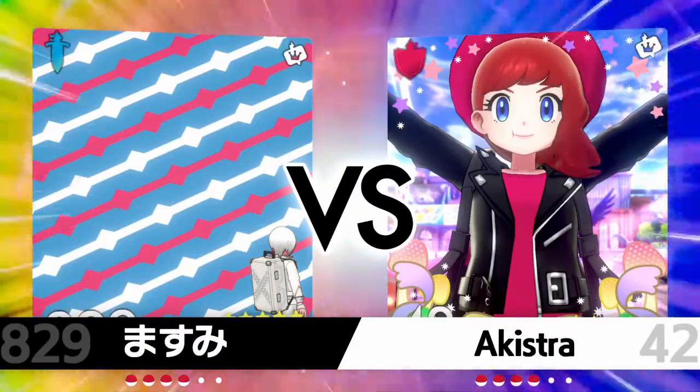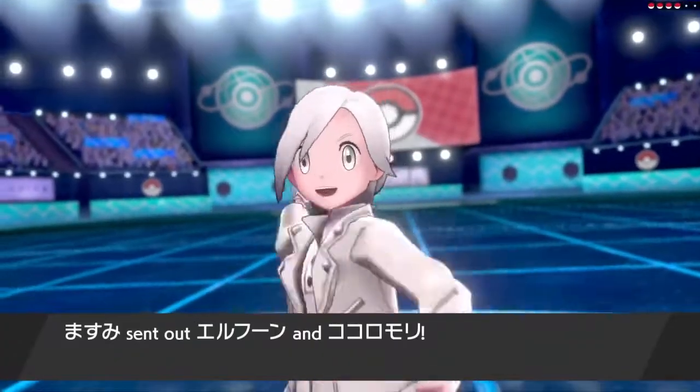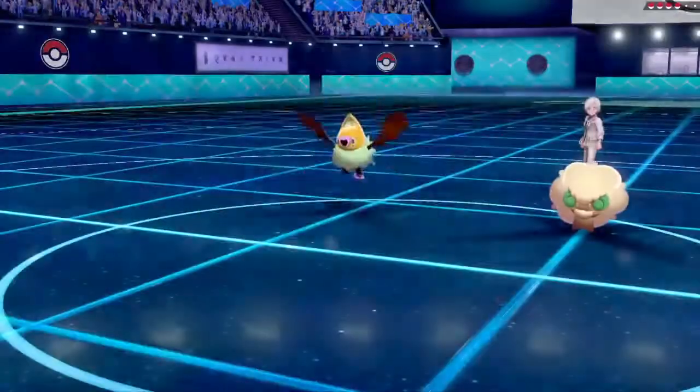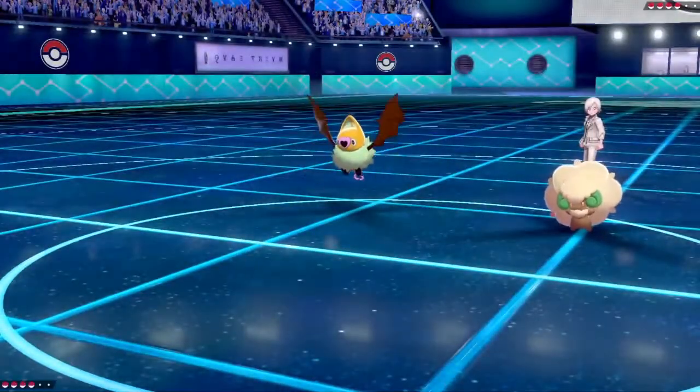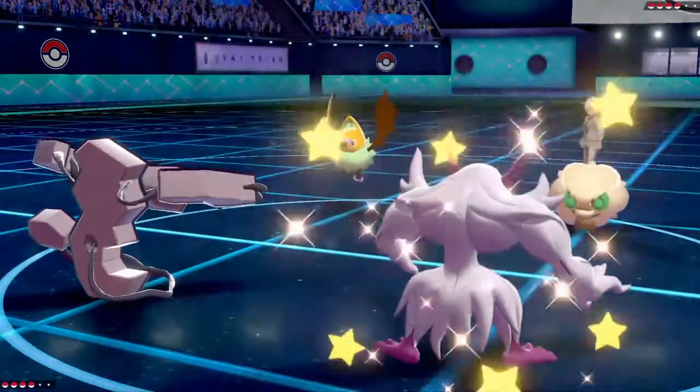I didn't really want to throw Chungus in right away because I didn't want a +4 Max Knuckle to the face, because I sincerely doubt she would have survived that. So I opt out of that, and instead I go for RuneScape and Osborne as my starting duo. I'm hoping I can get away with an Ally Switch to avoid the Max Knuckle and then priority Power Swap the +4 away. But then I get surprised when they instead send out Whimsicott and Swoobat, so I'm just thinking,